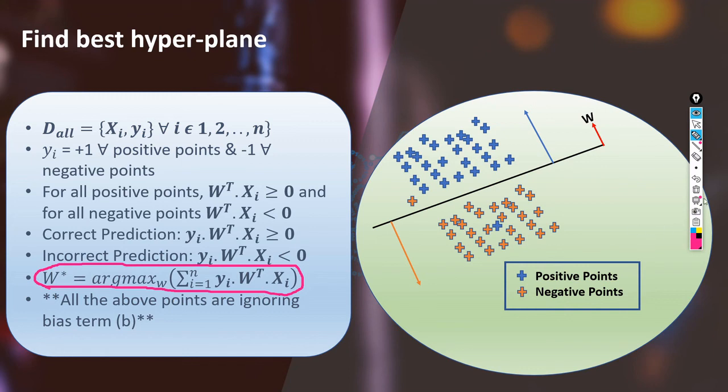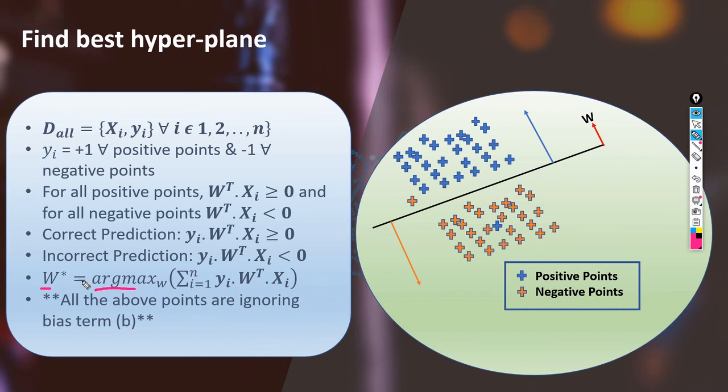From the mathematical point of view, we write it as w star equals argmax. If you know numpy, then you might have heard of this method in numpy, it has argmax. Anyway, we have to find w star, the optimal w, for which we maximize this summation of signed distances.